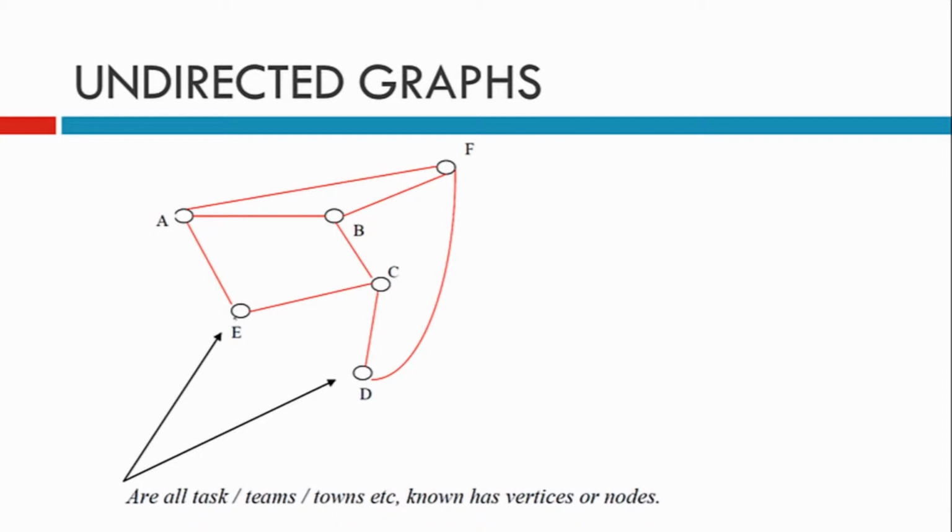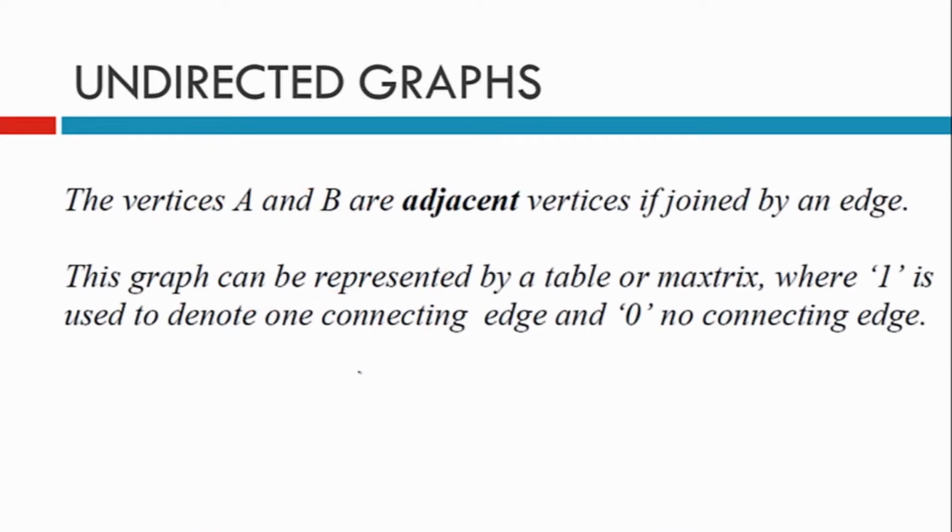Now the E, the D, the A, B, C and F, these things here that I'm shading in right now, they're called teams, tasks, towns. That's what they could be. Could be anything at all, but we know them as vertices, or another name for them being nodes. Vertices A and B are known as adjacent vertices because we have an edge that goes from A